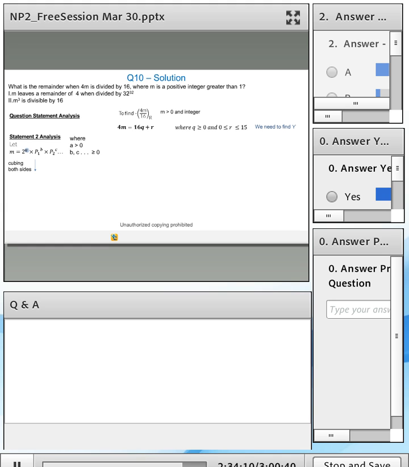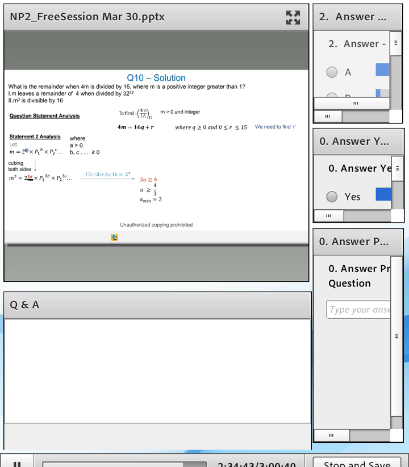Now, you have specific information about m cube. So let's cube both the sides. Now what you get is that m cube is equal to 2 raised to the power 3a times all these other prime factors. Now you know that 2 to the power 4 is 16, and that's your divisor in this case, which means that this 3a should be at least 4, right?